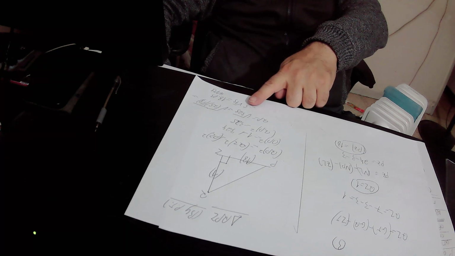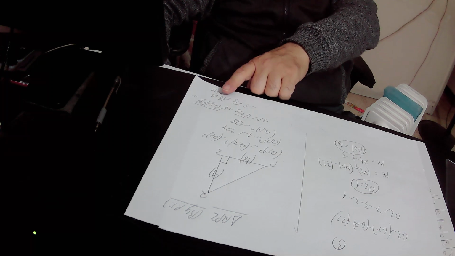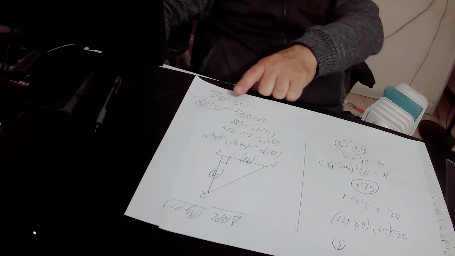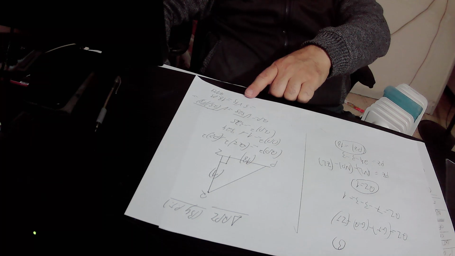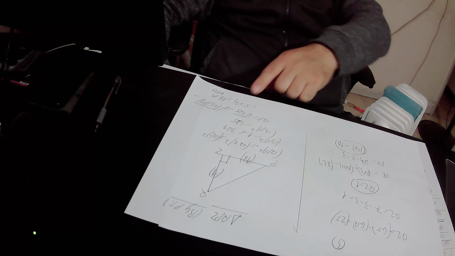But 325 is 25 times 13. We can take 25 out of the root. The square root of 25 is 5. So inside the root we are left with only 13. In conclusion, we found out that